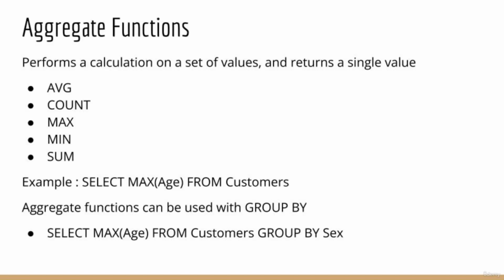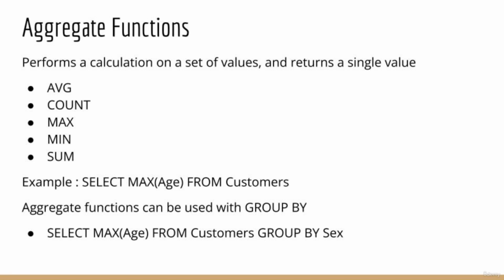In relational databases, we can use some aggregate functions in the SQL statements. An aggregate function performs a calculation on a set of values and returns a single value. Aggregate functions are often used with the group by clause of the select statement. The most known aggregate functions in Transact SQL are average, or AVG, that calculates the average of a set of